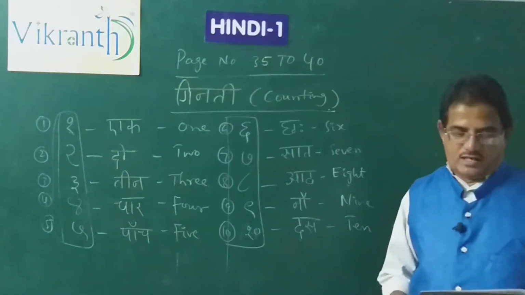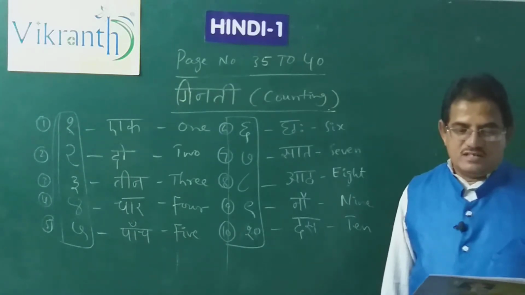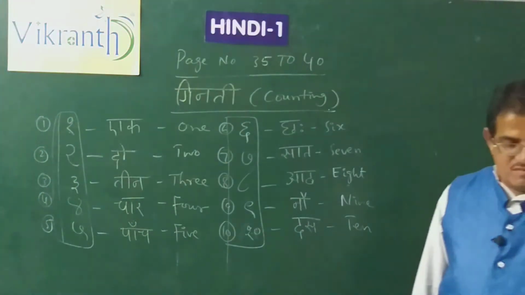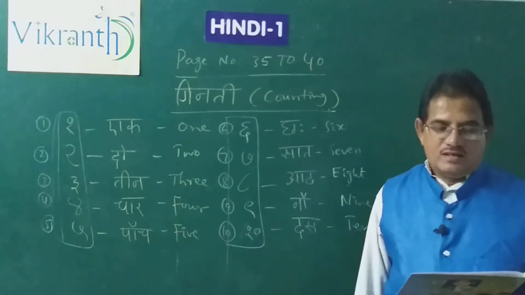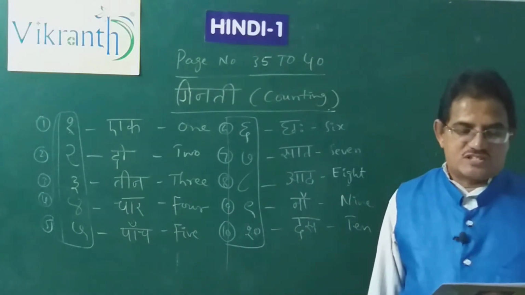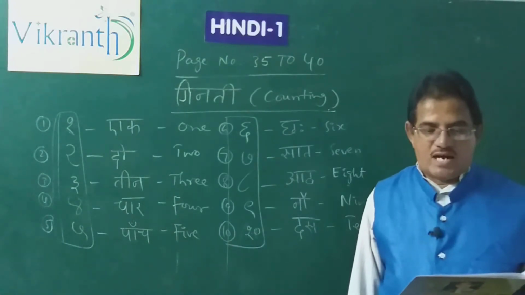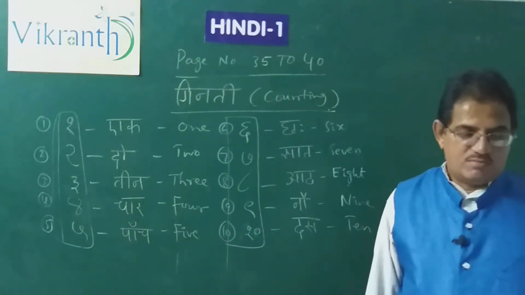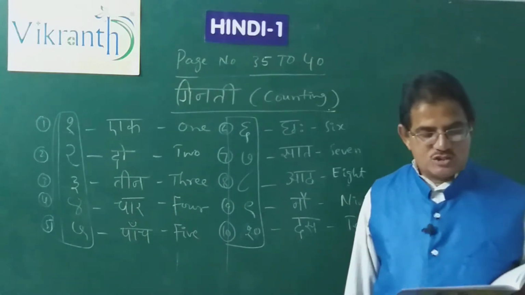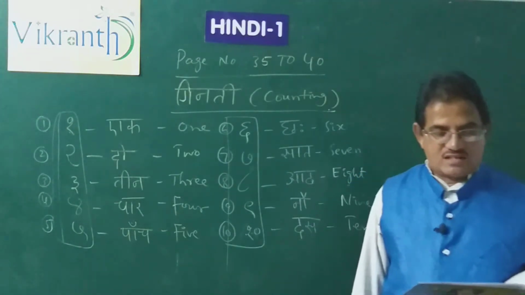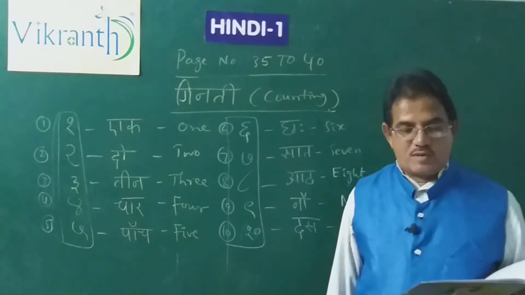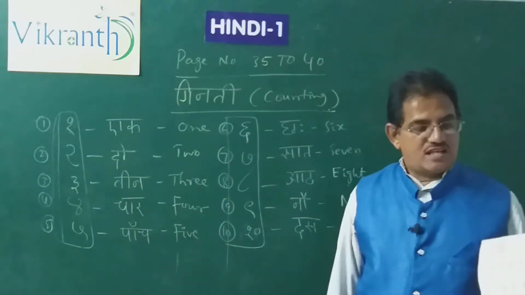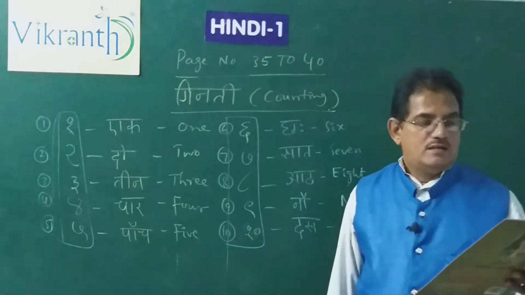Ginati means counting. In the next page, children, Matraye, the symbols, are given. Already we learnt how to pronounce the words and write the consonants like ka combined with matras to form syllables. See, for example, swar, matra, matra ka uchcharan, roop, roop ka uchcharan. All these are given there in the columns.